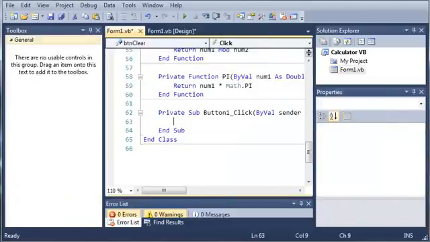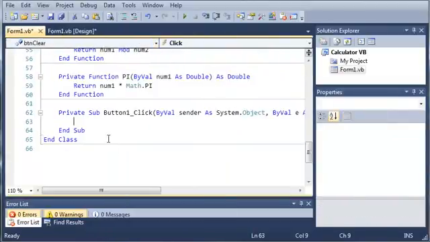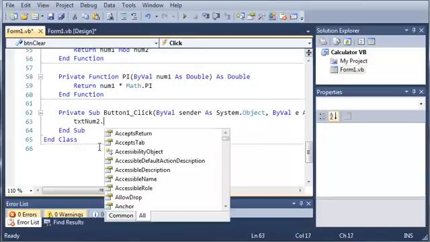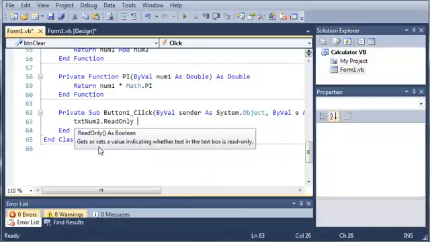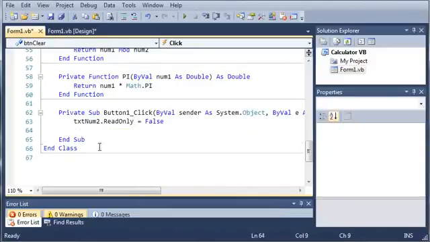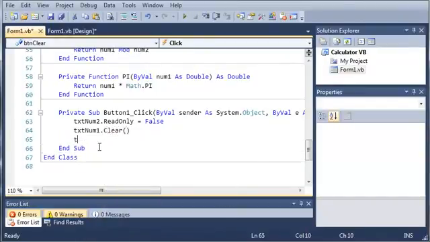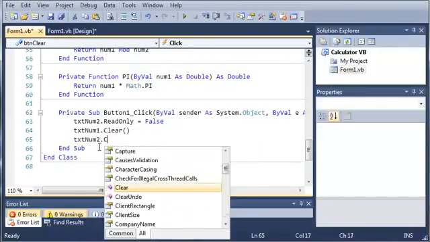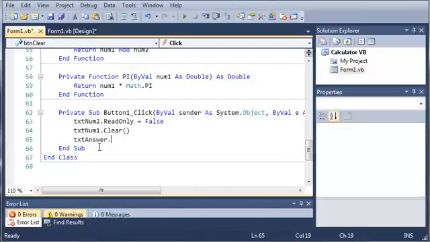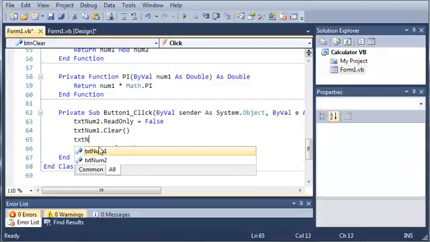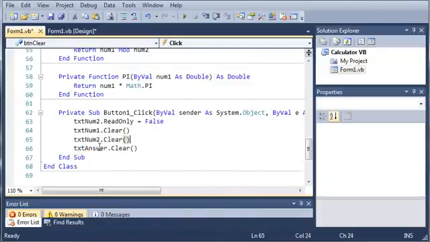Now if we go ahead and double click on this, it opens up the event for this. And what we want to do is when they click clear, then we'll just set text num2 dot read only equals false so that they can read from it, and we'll just clear each one of those text boxes. Alright, let's just do text answer dot clear and text num2 dot clear. So now if we run this,